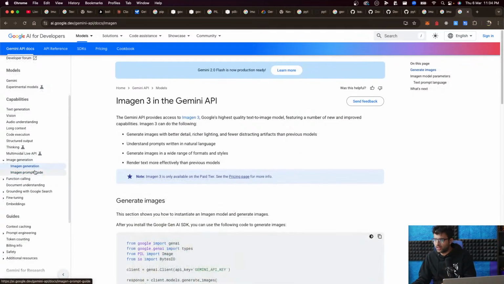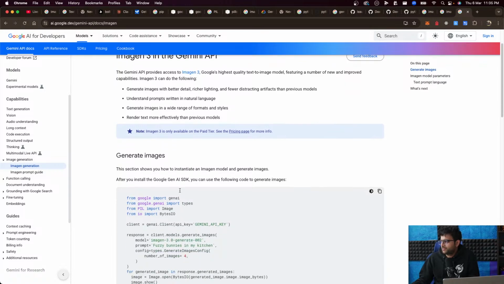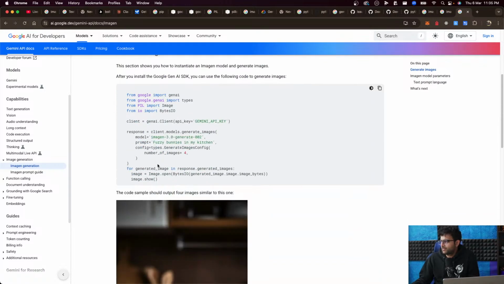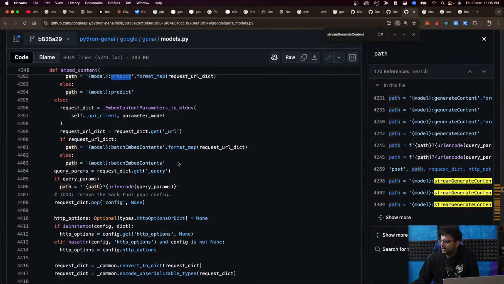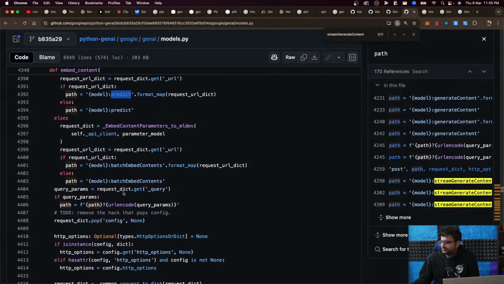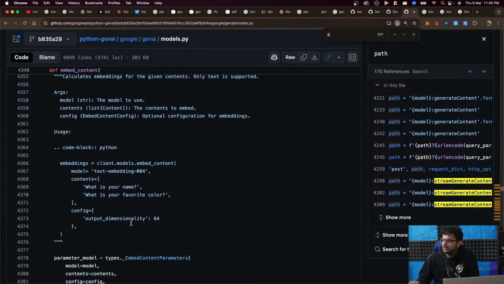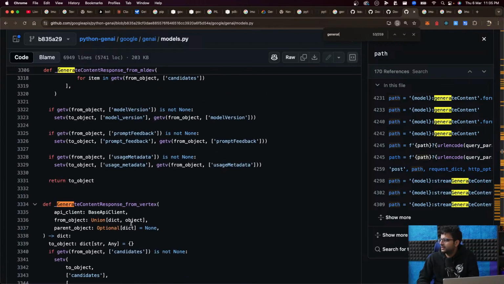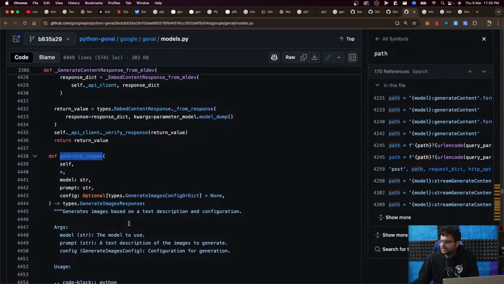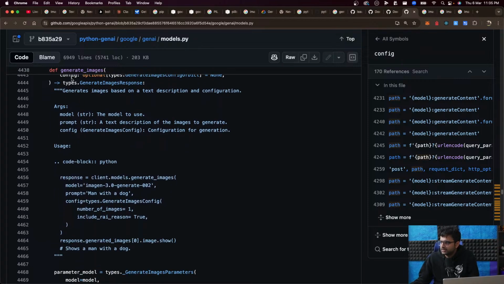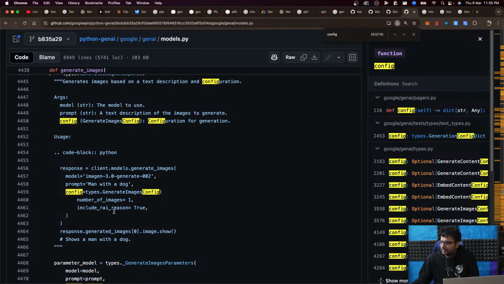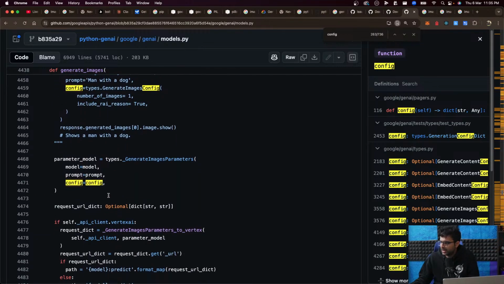Is that all that they have for documentation? That is not great, because then we'll have to just understand what's happening here in the generate images function, and do something similar on our side, which is fine. I was just hoping it would have been easier if they had this.